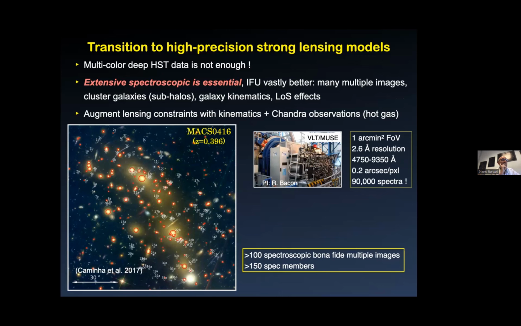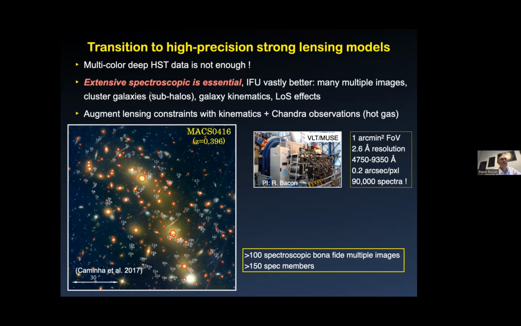So just to show you what has been the, well, again, observationally, one always thinks about Hubble when thinking about lensing, because it produces all these wonderful images with arcs and multiple images and distorted background images and so on. However, to really achieve this, you also need something which is less spectacular, but extremely useful and in fact essential,